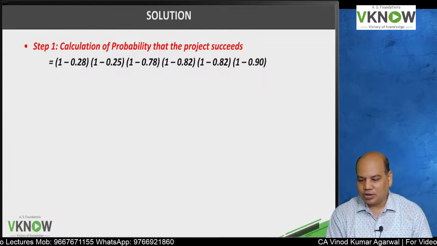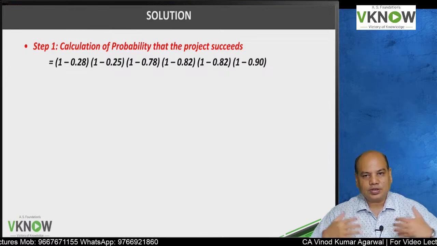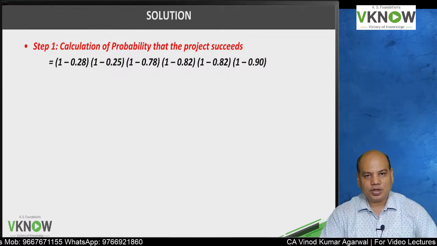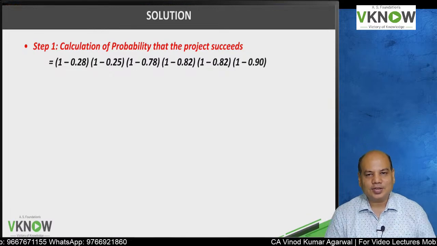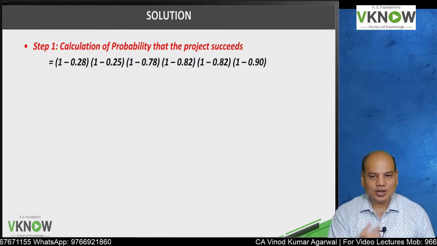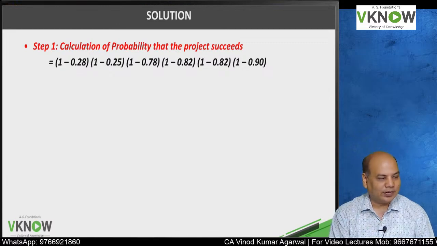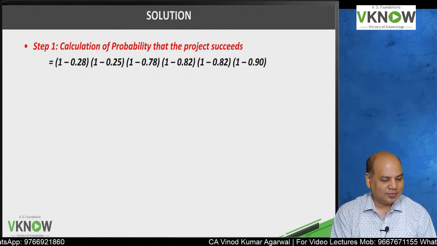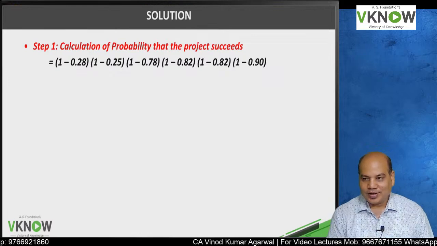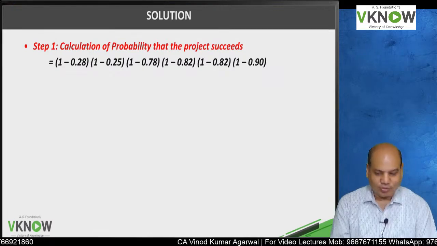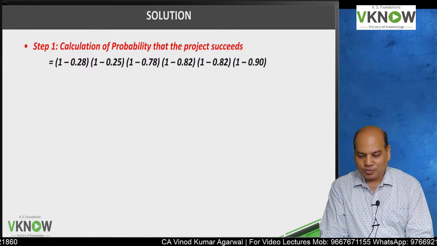Reminds me of the CA course. Success in foundation plus success in inter and success in final, then you are CA. Is it right? I will not write the probability of our exam. You will feel disheartened. Okay. You can try the same logic on the CA course also and find the probability.